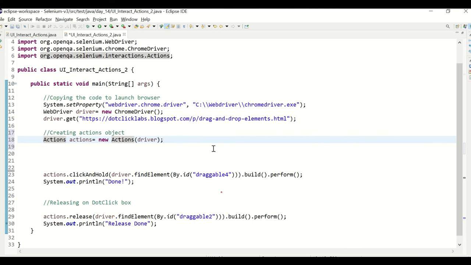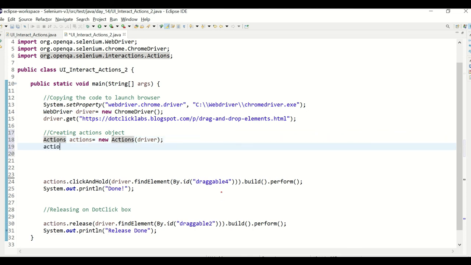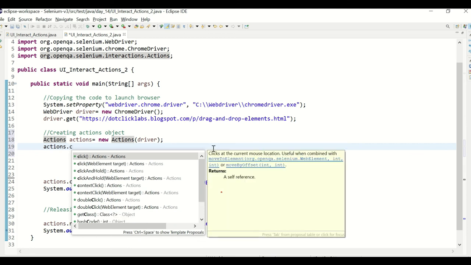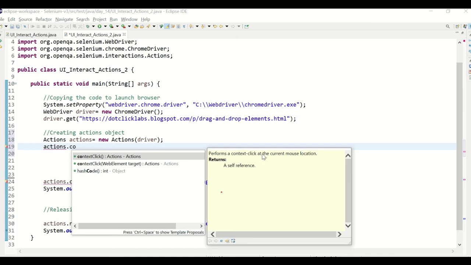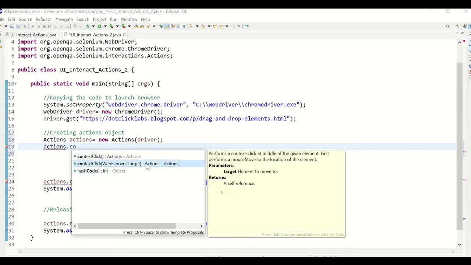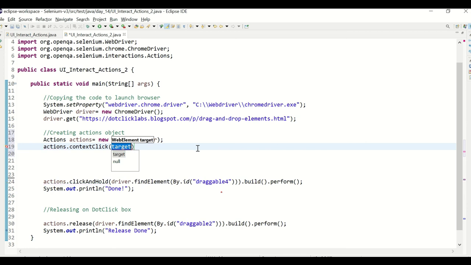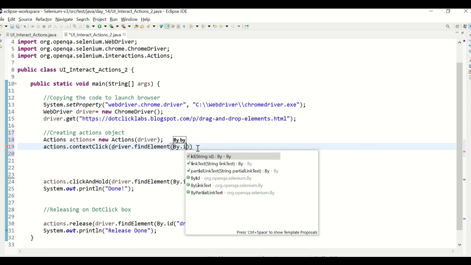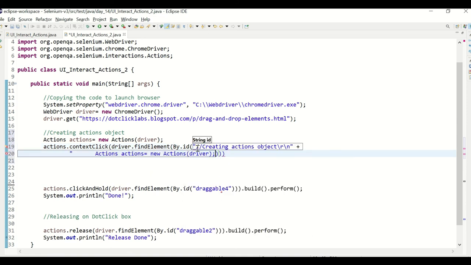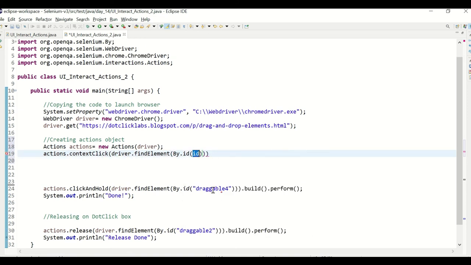So here I can now write the context click code, actions dot context click. Two methods, right? Context click means at the current mouse location. But if you wanted to right click on a targeted element, you need to use context click and pass the target element. So driver dot find element by dot id we copied. Oops, it's not copied properly.